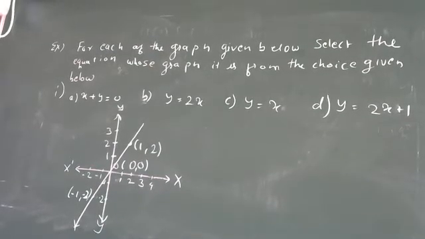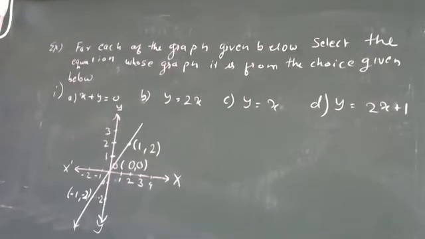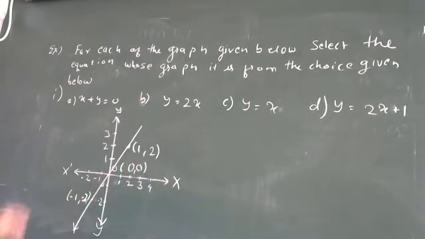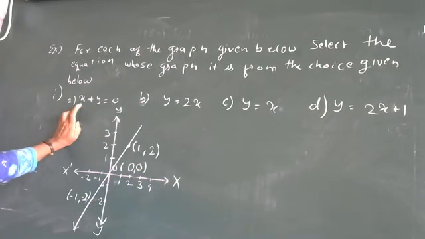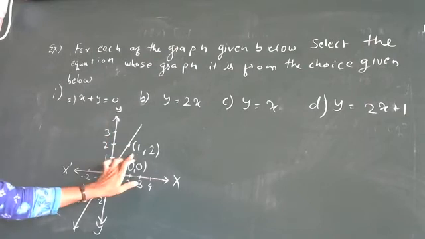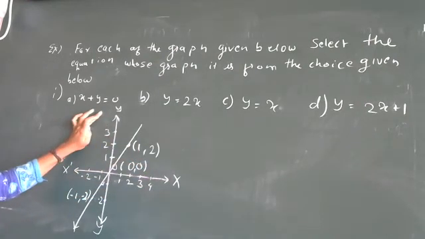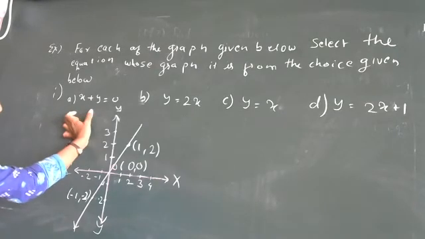Okay. So this graph represents which of the above equations: A, B, C or D? We have to verify the coordinates with all of these equations. See, if we are having 0, 0 coordinates here, if you put in the first equation, 0 plus 0 will be 0, right? But for the second value, when x is 1 and y is 2, 1 plus 2 is equal to how much? It is 3, and it is not correct for the first equation.